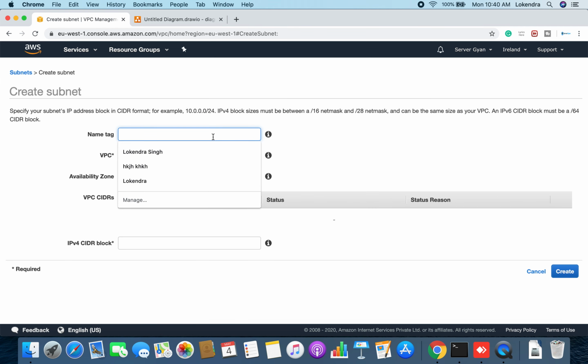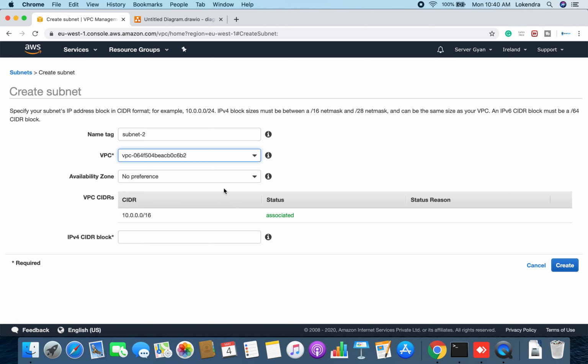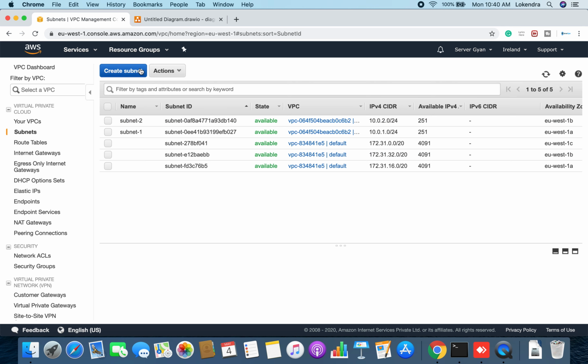So the second subnet is going to be subnet 2. For VPC, I will select the VPC I have created. Availability zone, I can opt for any. Then I'll have to choose 10.0.2.0/24, and subnet 3 will be 3.0/24.